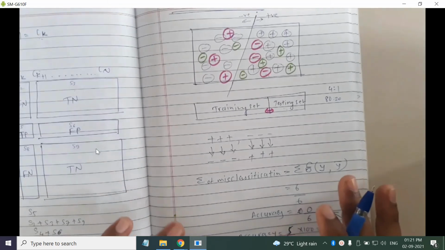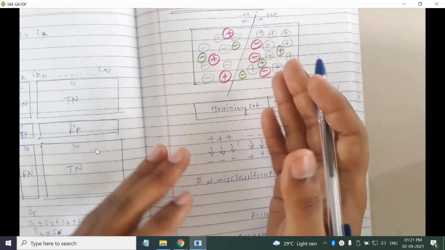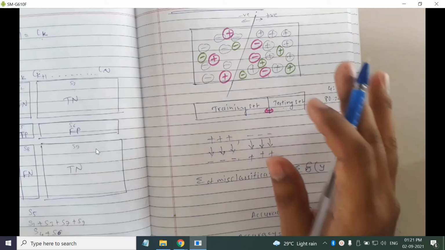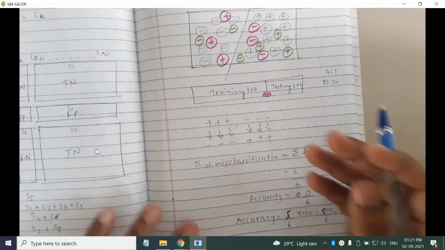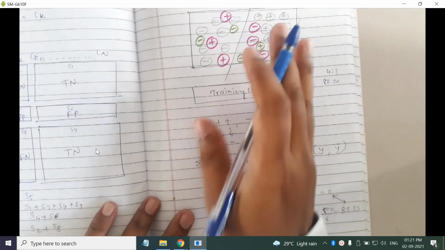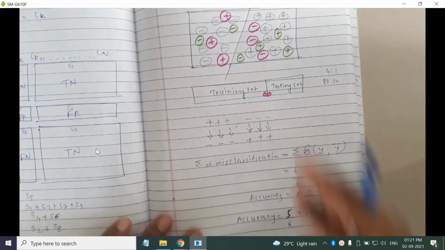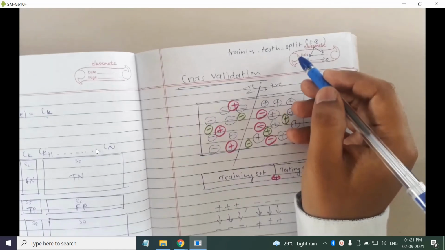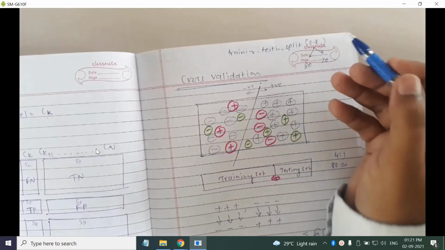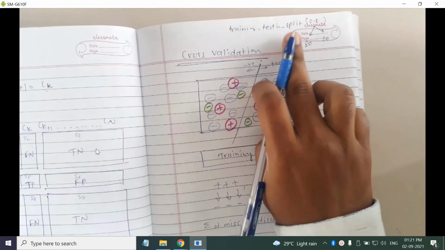Consider you have got the worst case. All your testing samples are wrongly classified. You will get an accuracy of 0. Then you can conclude that your model is the worst, because accuracy is 0. But if you again split your data using this function, you may get an accuracy of more than 90%. So that depends on that split.